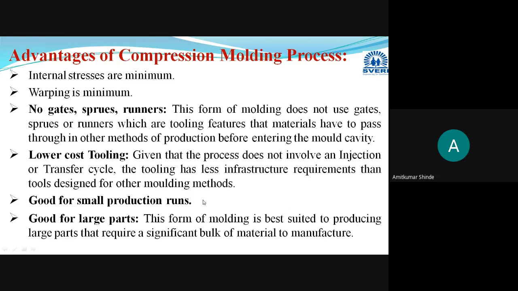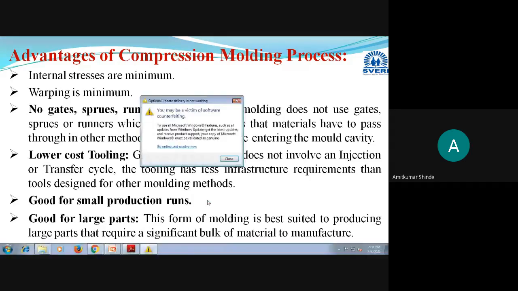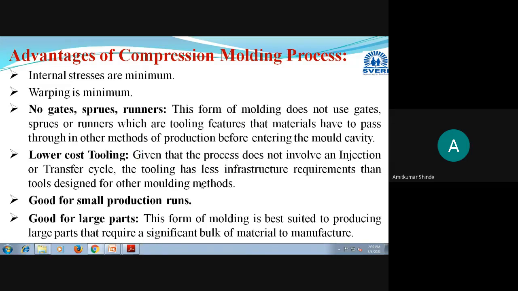Means if you have to manufacture a particular component in lesser quantity or lesser numbers, then you can use this method. For example, if you use injection molding for manufacturing a lesser quantity, it is not economical, as it requires a greater tooling cost. That's why it is not economical to perform small production runs or to manufacture a component in lesser number. And this method is very much suitable, as the cost of tooling is very less here.